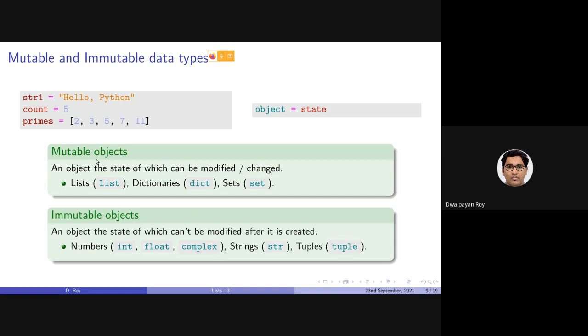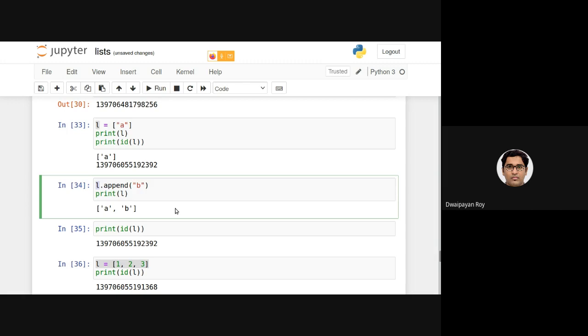A mutable object is an object, the state of which can be modified or changed. So earlier it was containing A, now it is containing A and B. So the state has changed. State of L has changed from containing only A to containing A and B.